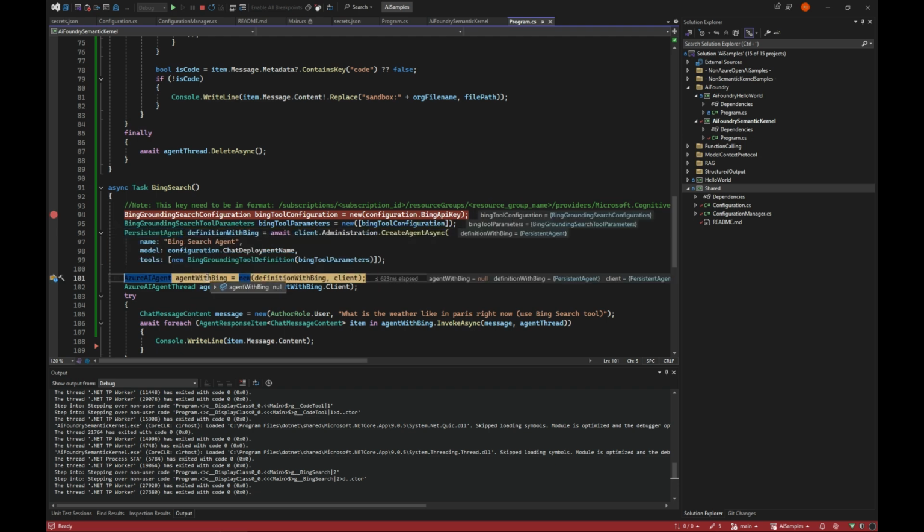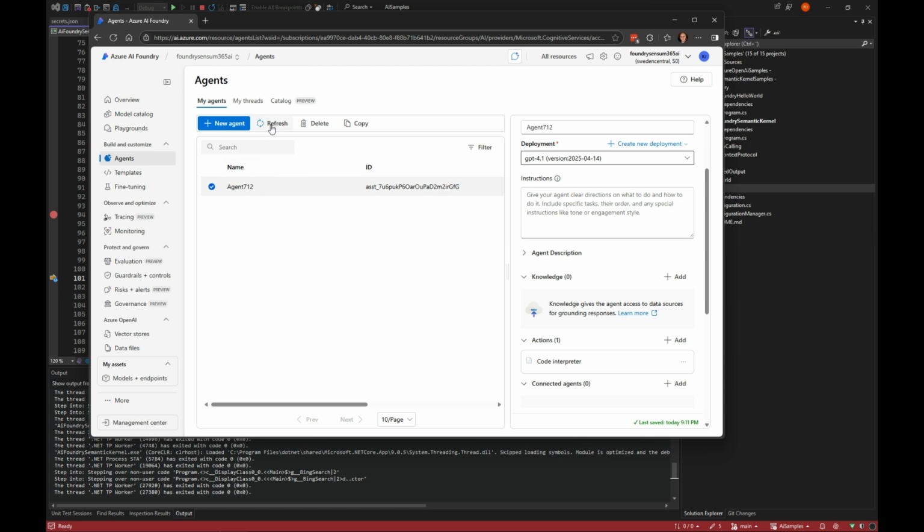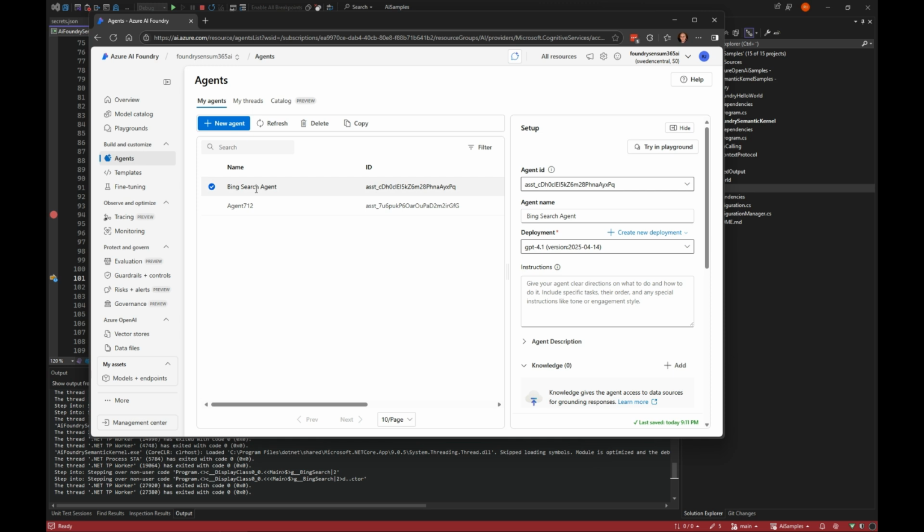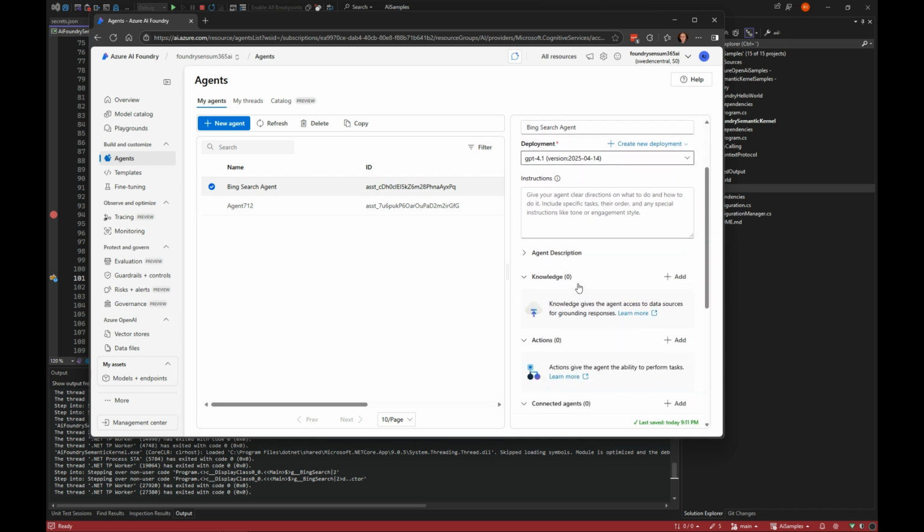And if we actually go in here now and see how messed up it is, we actually get that agent, but it doesn't see it as a knowledge here, but it still has the tool here. So something is definitely odd there, and that is probably up to Azure AI Foundry to fix that.